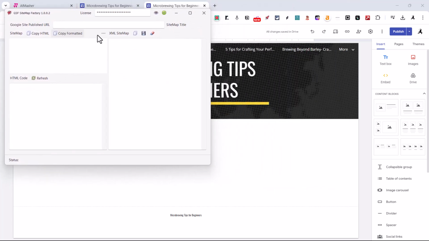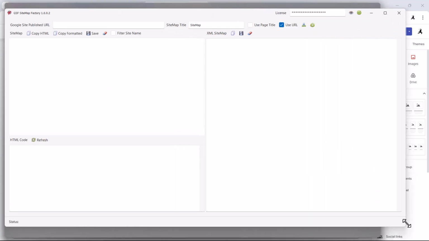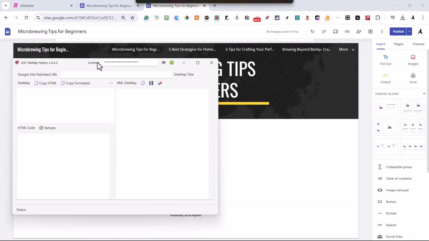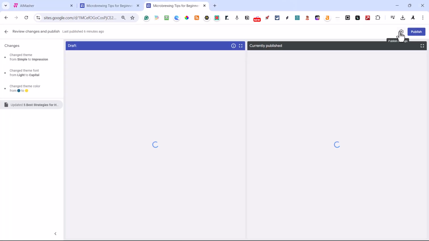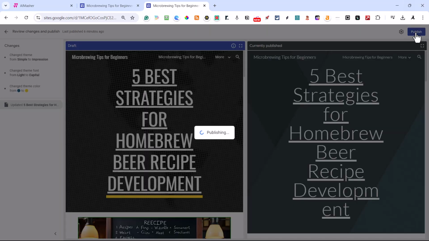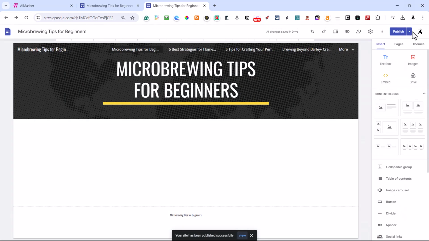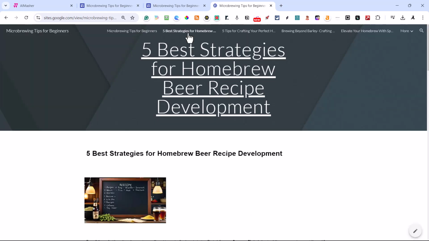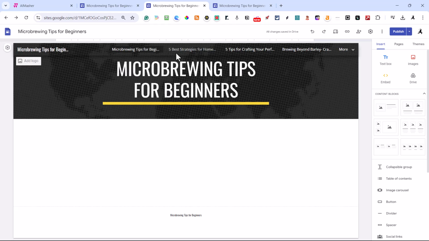I'm bringing over this, what is Google Site Map Factory. Everything has factory with it. That's cool. It's got a standard branding. Okay. Now, I need to get the URL of the site. So let's go ahead and hit publish. Hit publish here. And I'm going to click on this and go view publish site. Okay. And here's that. Oops. I guess we didn't get that one.